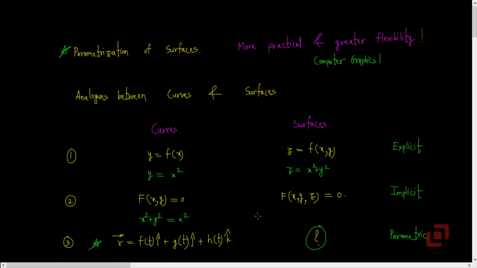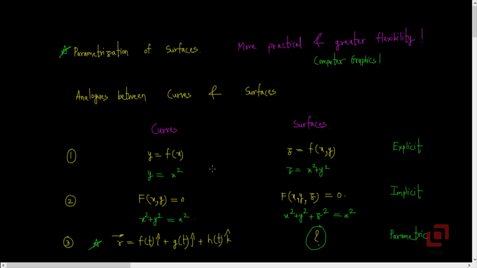And the obvious extension of a circle in 3 dimensions is sphere. So the sphere's equation is x squared plus y squared plus z squared equal to a squared. If we shift a squared, which exists on the right hand sides, to the left hand sides, then we will get the implicit equations f of x comma y equal to 0 and f of x comma y comma z equal to 0. Let's now talk about the parametric equation of a curve and that of a surface.